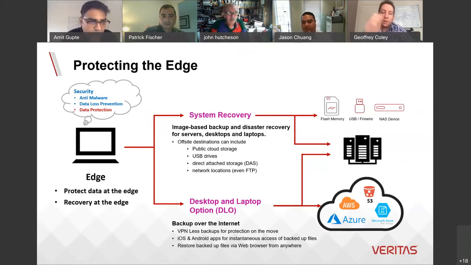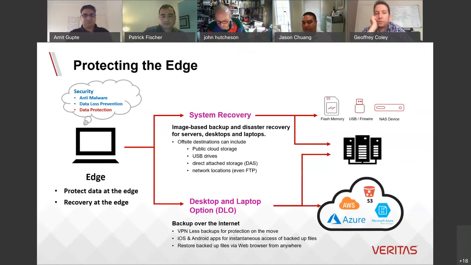System Recovery is an image-based backup and disaster recovery solution. You can push that data up into different storage devices or even local storage devices. It's great, I think, if you've got execs or business users that have certain applications that are critical.